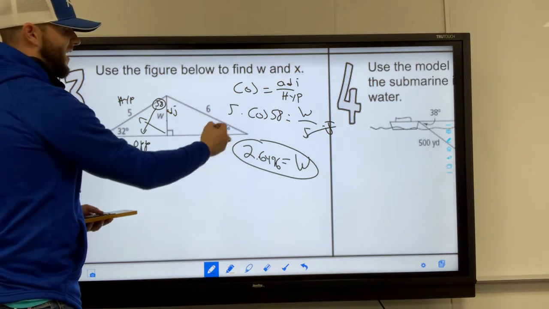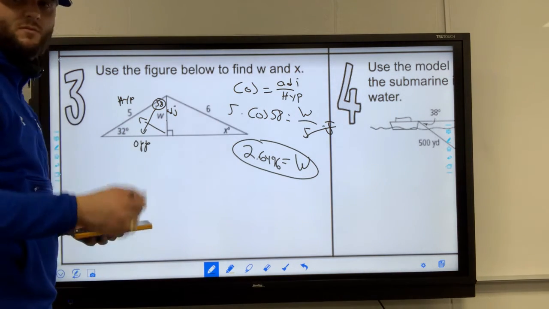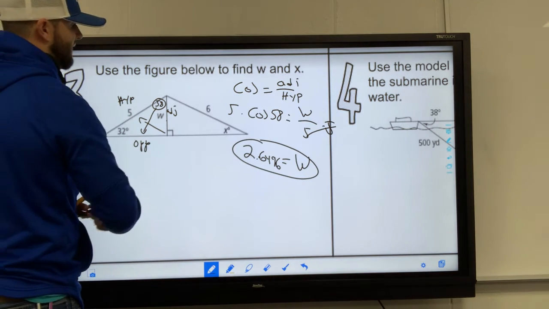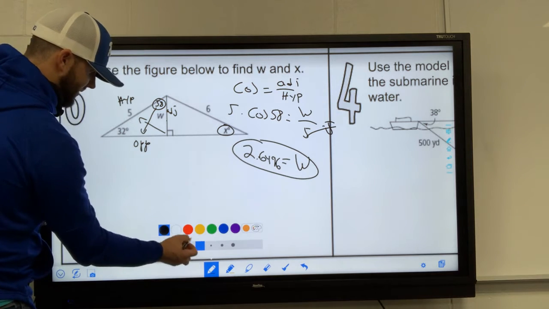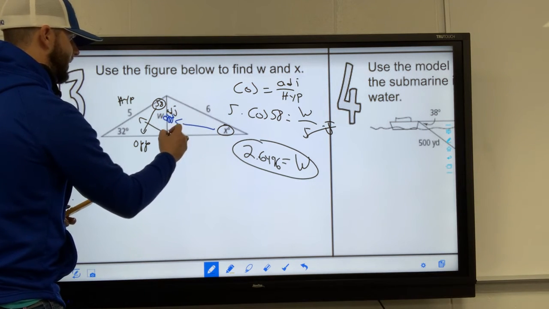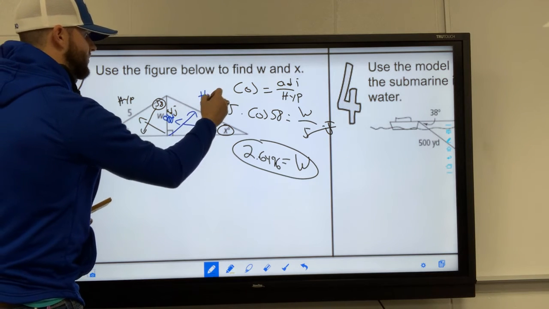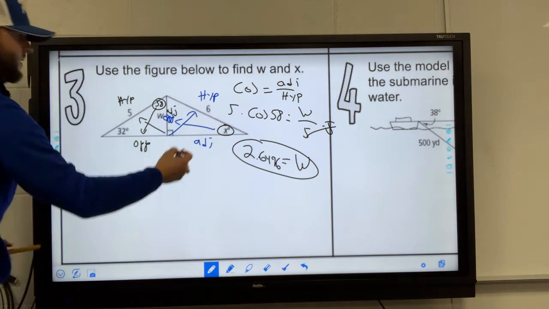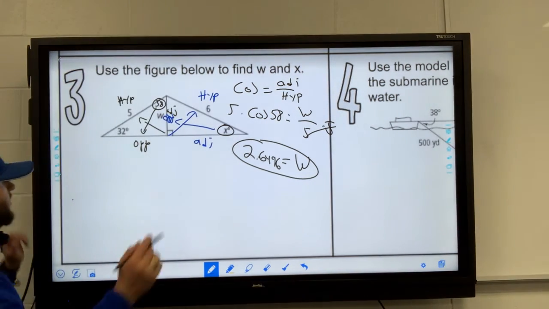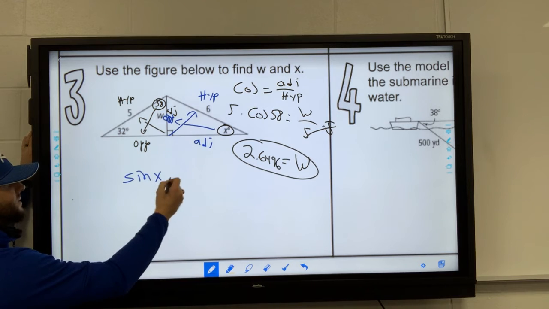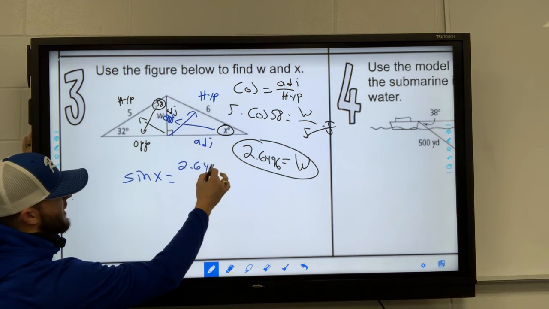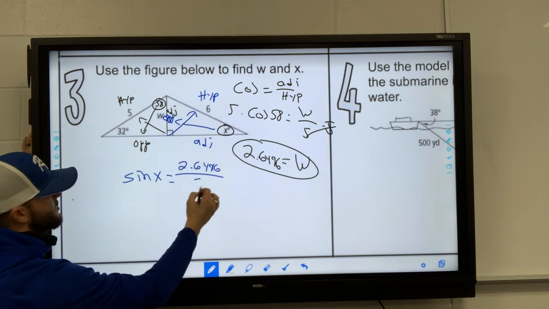So now I can find the value of X here by using the inverse. Because remember, when I'm trying to find an angle, I have to use the inverse. So I'm going to go ahead and look at this from X now. I'm going to use a different color so we can see it. From X, this is going to be my opposite side now. Opposite the 90 is going to be my hypotenuse, so that would make this my adjacent side. So opposite over hypotenuse, I'm going to be using the sine ratio now. So I'm going to do the sine of X is going to be equal to my opposite, which is 2.6496,